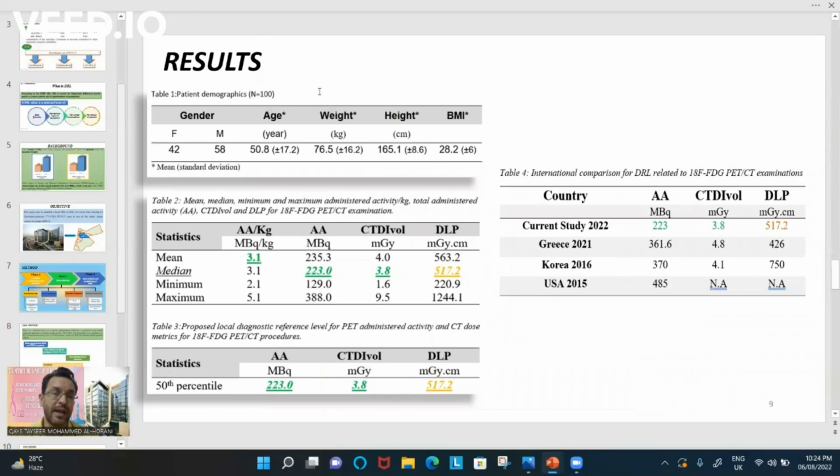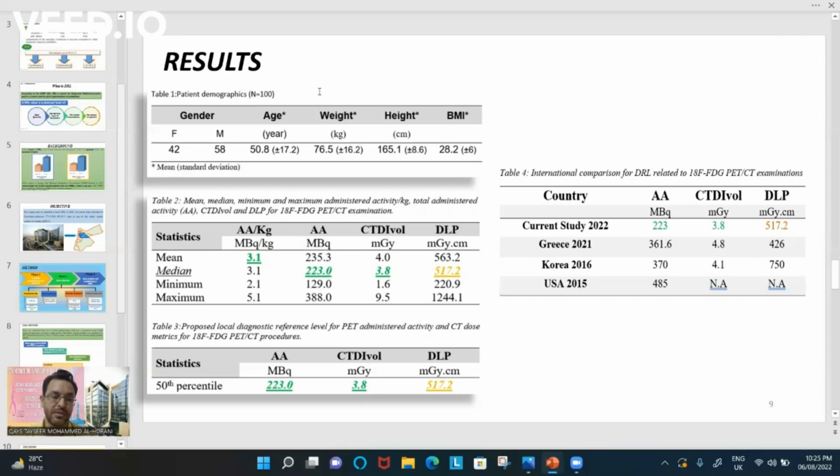Looking at the sample, we have 42 female and 58 male. The mean age was around 51, the weight 77 kilograms, and the height 165 centimeters, with a BMI of 28. Looking at the values, we are focusing here on the mean, median, minimum, and maximum. For the administered activity given to the patients, the mean was 235 and the median 223 megabecquerel. The CTDI volume was 3.8 as a median, and the DLP was 517.2